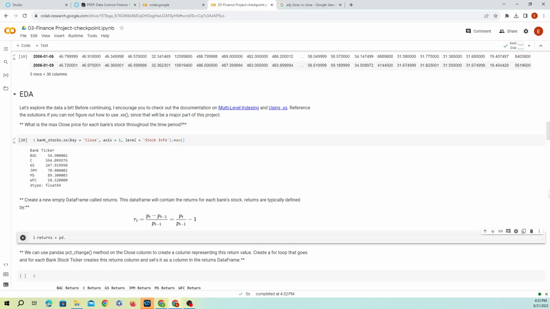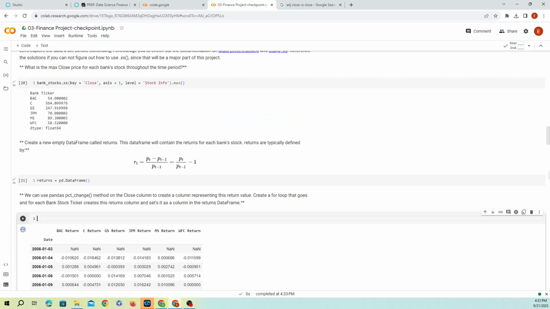and we're going to do it two different ways. We can either use a for loop, and now remember that the tickers are the ones that are going through every single bank. So we're going to go through every single bank. The tickers has the name of the banks. It's a list of the names of the banks. And what we're going to do is create this return.